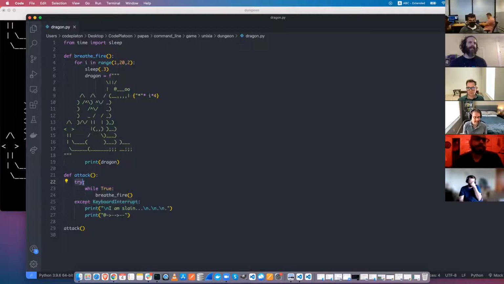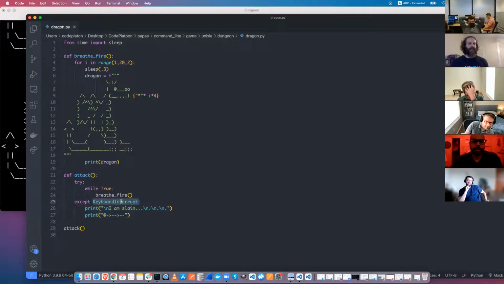So try is going to say, if everything goes normal and there are no errors, execute this. This is just going to call this function in a loop. So nothing that exciting there. But if this particular exception, and Python has a whole bunch of exceptions built in, but if something called a keyboard interrupt exception gets thrown, then we're going to execute these two lines.